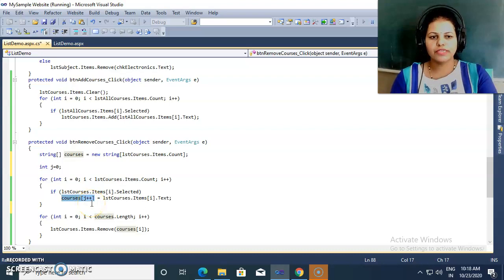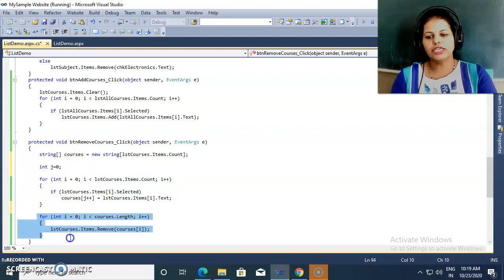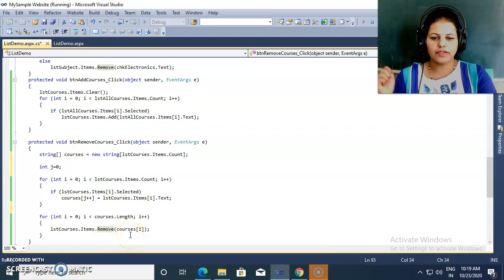This is the postfix operator, which means first the value will be assigned and then j will be incremented. So in this way we first store the values which are selected, and then inside this for loop we remove those courses. So this is the simple logic.